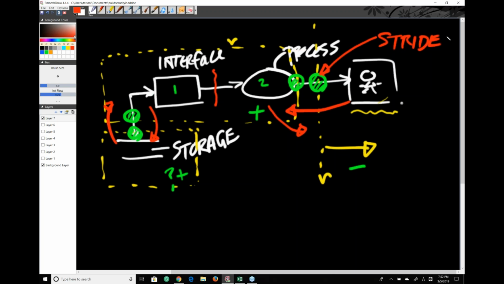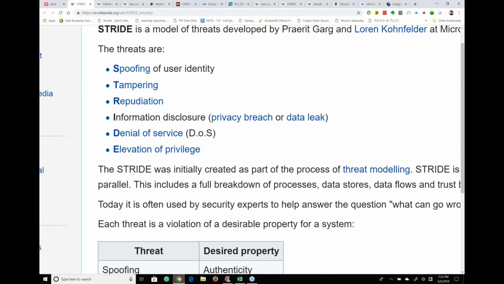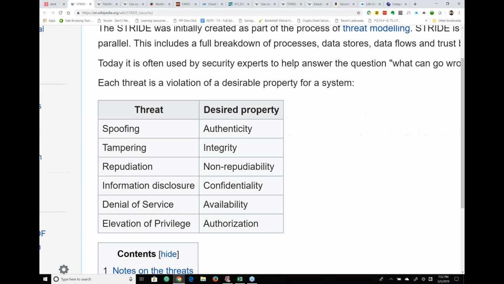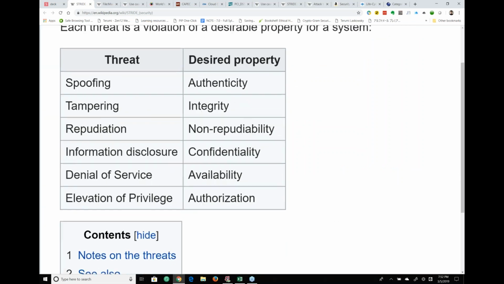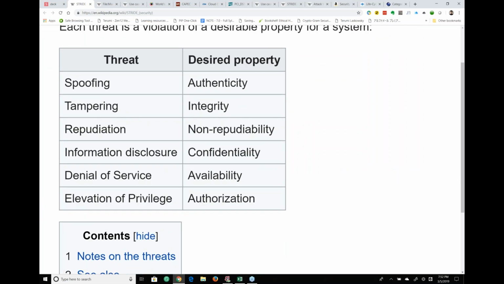Now, it's a very nice tool, but it may not be complete, because I only considered these six things. After you go through that process, you look at the desired property: spoofing, authenticity; tampering, integrity; etc. These are the types of controls that you have to put into place to gain authenticity, integrity, non-repudiation,